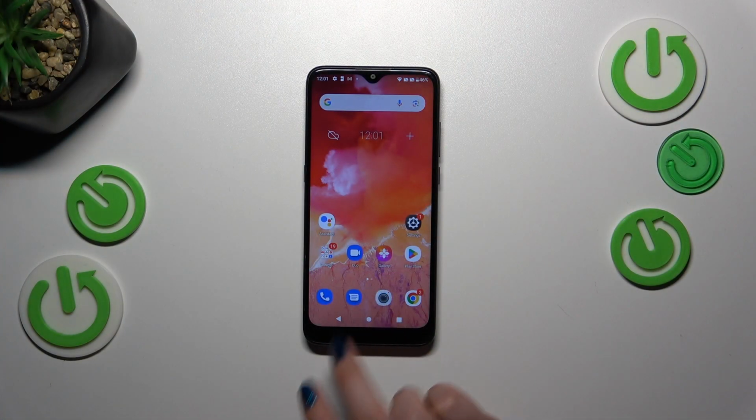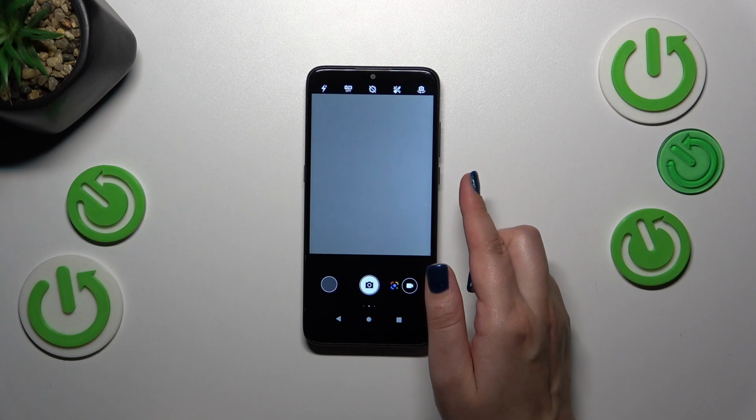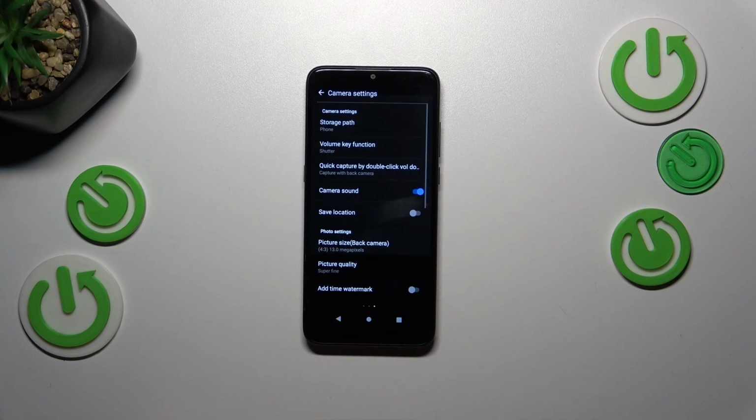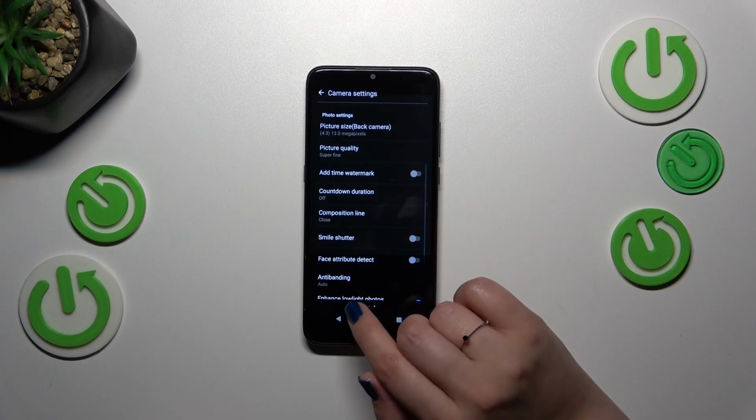So let's start with opening the camera app, and since we're in the standard photo mode we can open the settings, and all we have to do is to simply swipe our finger from the right to the center of our device, just like that. And as you can see, all we have to do right now is to scroll down a little bit